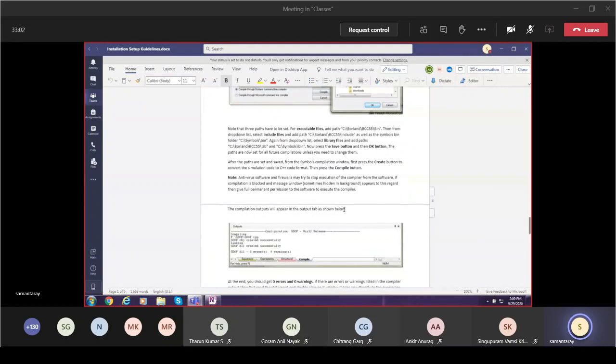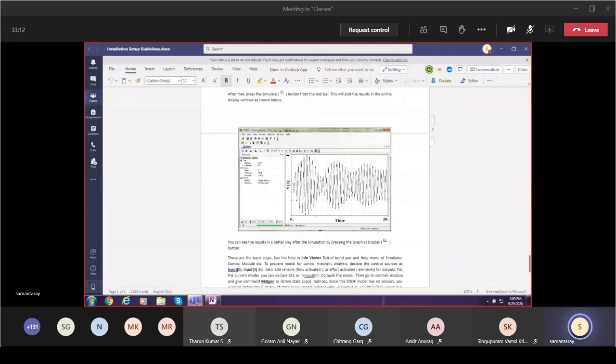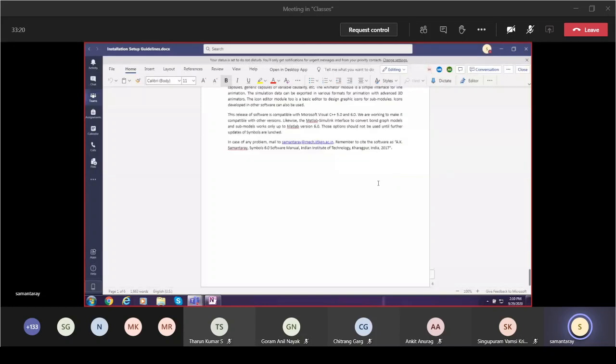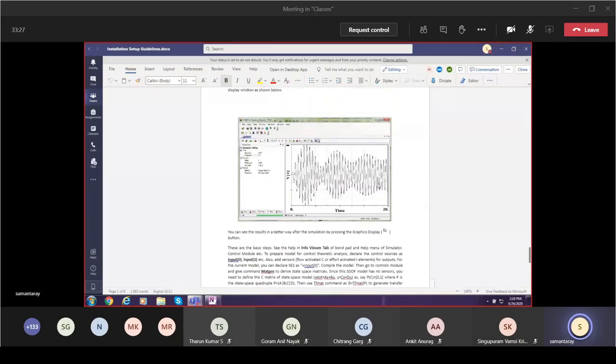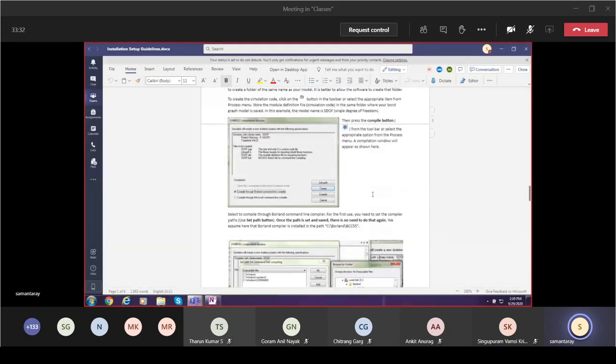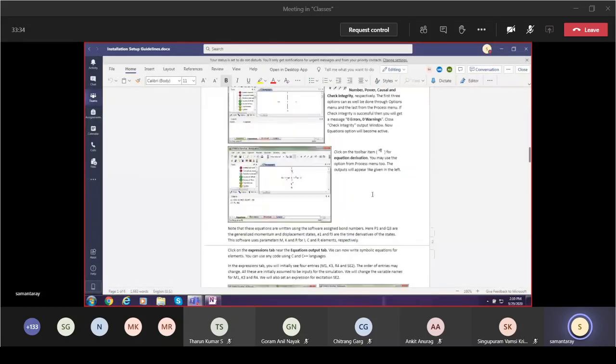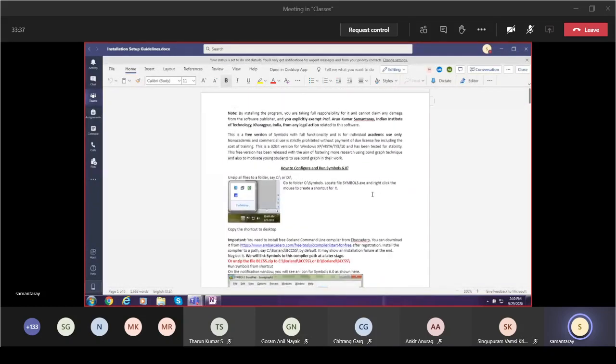But when you go to simulate, you have to compile the code generated in C++ language, and then you have to link to that compiler. So every instruction is given, and you will get some kind of result. This test case result, whatever is given, you should reproduce so that you are assured that your software is working. So you install and produce whatever result is given. And if it doesn't work, then you contact the TA. So the software should be ready.